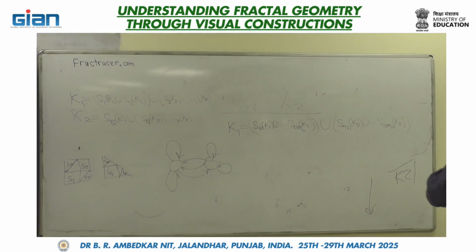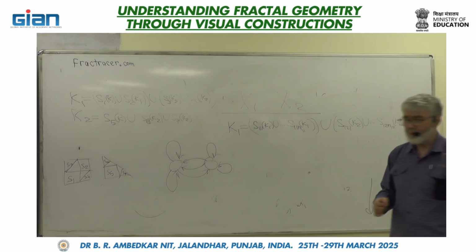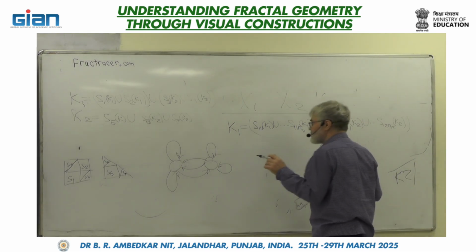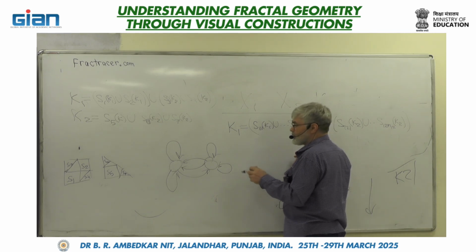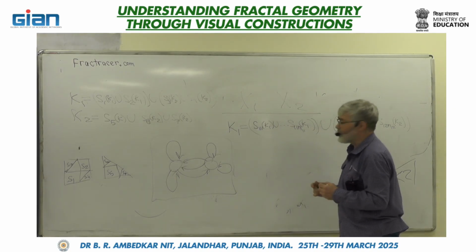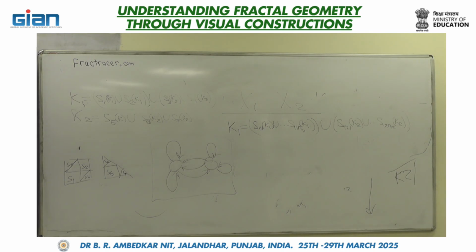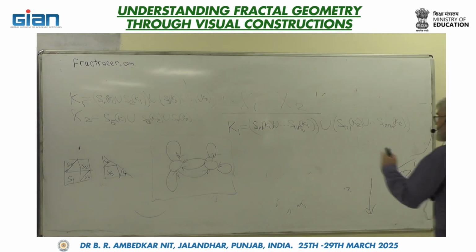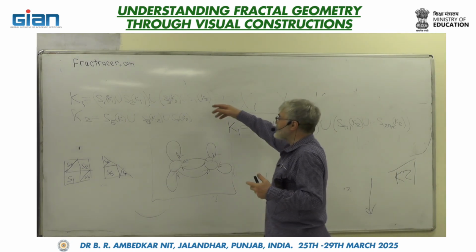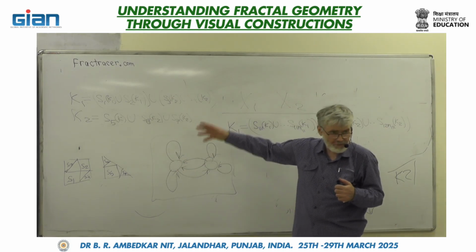So to express the relations between these components, it was invented by Mauldin and Williams in their paper. I can cite it and put it. So this is called a graph-directed system of similarities or contraction maps, or simply a graph-directed system, and the attractor can be written as a system of equations.